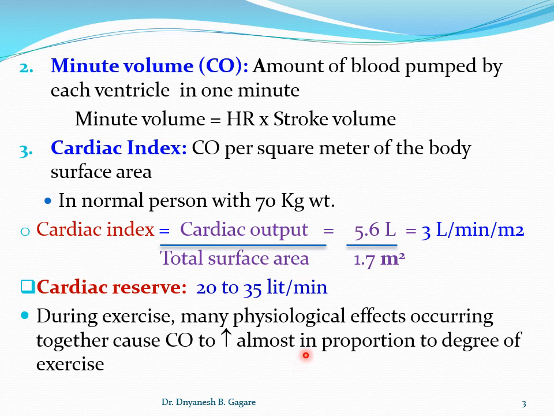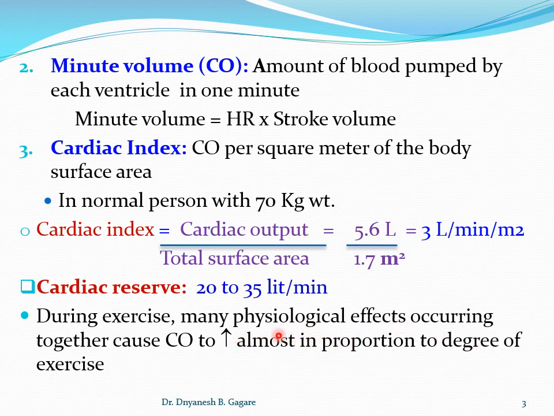Cardiac output is a product of heart rate and stroke volume. So the physiological effects are: there is an increase in heart rate, an increase in force of contraction, an increase in blood pressure, a decrease in peripheral resistance, and an increase in metabolism. If the metabolism of the body increases, then there is an increase in blood flow to the tissue, for example skeletal muscle. Then there is an increase in venous return. So these are the physiological effects occurring.